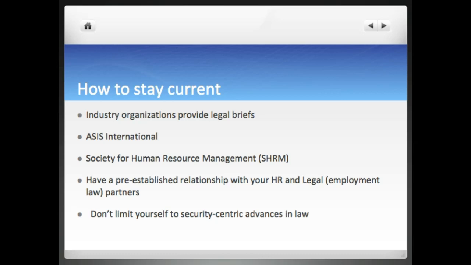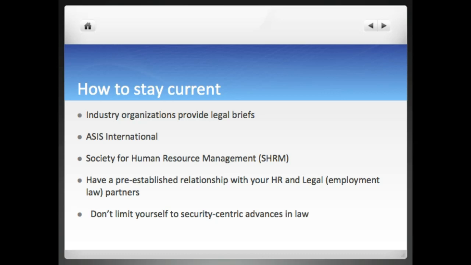So how do you stay current? Well, there are industry organizations that provide legal briefs, and you should attend those. ASIS International is one for security professionals. They do it even in their monthly news magazine that they put out. There's a section on legal briefs. You should read those. And the Society for Human Resources Management is a fantastic one, because much of the corporate security investigations laws come out of employment law, and employment law really falls a lot to human resources. So a SHRM membership, if your company allows you to have such a membership, I strongly encourage you to get one,